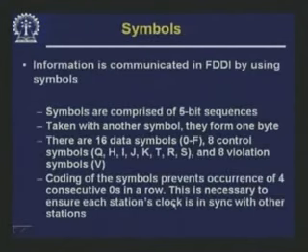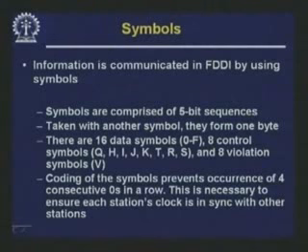So, this is what the symbols are like. Taken with another symbol, they form 1 byte. There are 16 data symbols. You see, with 5 bits we can have 32 different symbols, out of which 16 data symbols are reserved for data. This is for 0 to F. So, if you write your stream of bytes in hex, that means in groups of 4 bits each, each of these 4 bits has got its corresponding code in the FDDI symbol. So, from 0 to F, and then we have 16 other